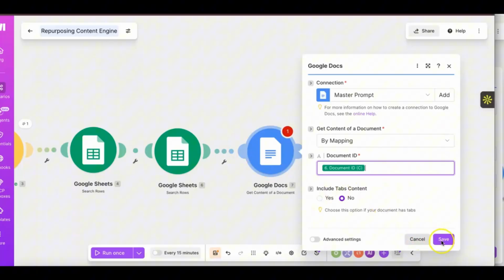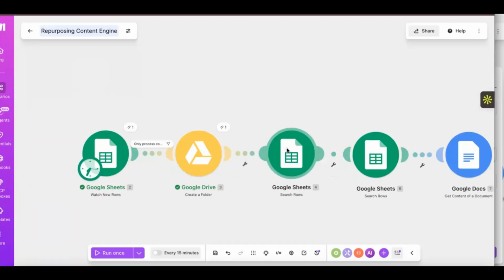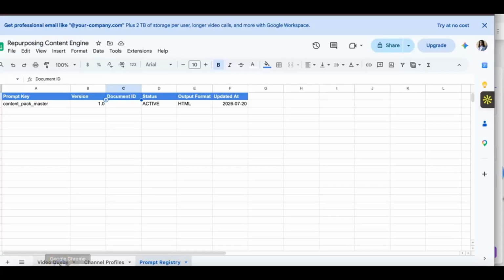But anyways, I'm going to go ahead and click save. So we have it saved. All right, all good to go. So let's recap what we have so far. Starting from the beginning, we have Google Sheets watch new row. So anytime we add a new row to the video queue,